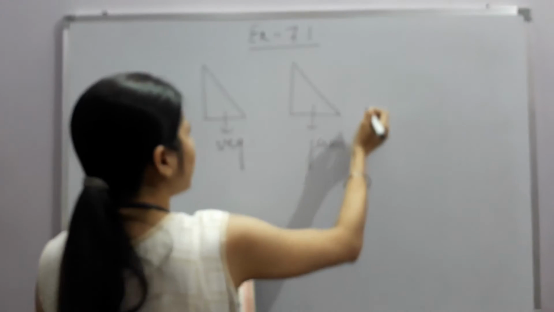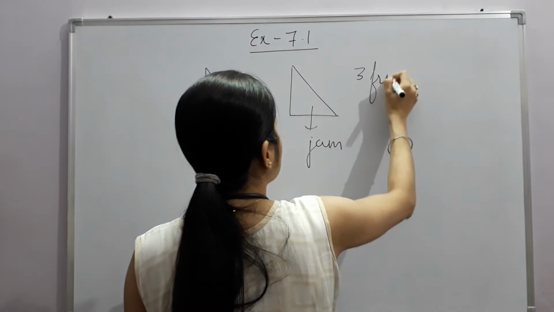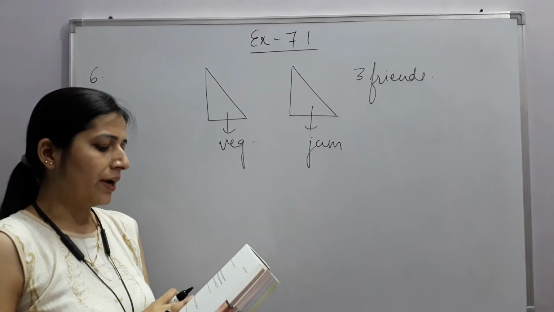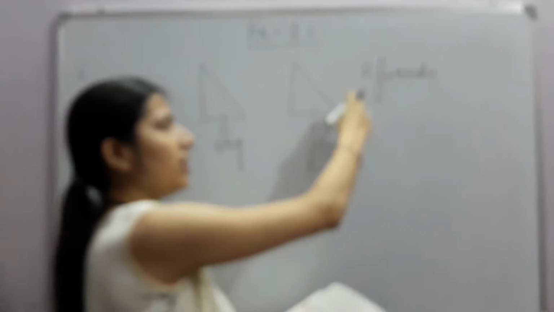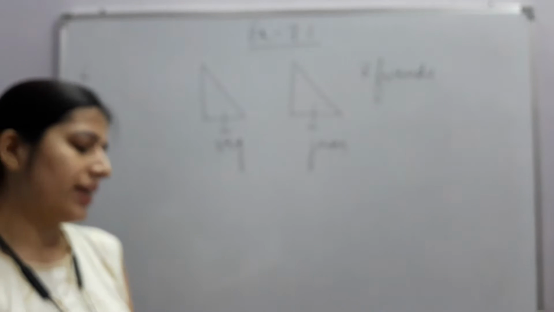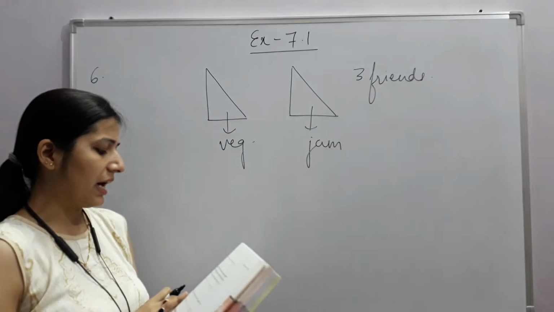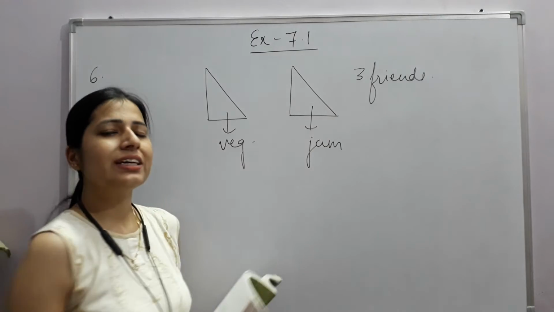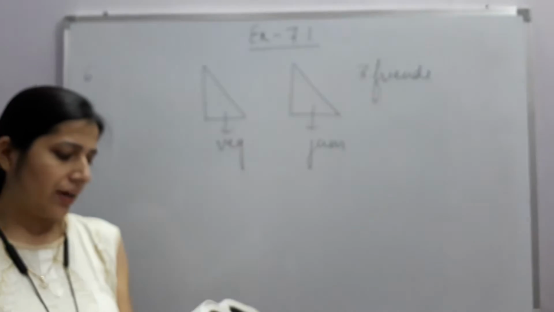And how many friends are there? 3 friends. This is question number 6. Then it says, the other 2 boys forgot to bring their lunch. There are 3 friends, only one has brought lunch, the rest 2 have forgotten to bring lunch, like your friends also do. Arya agreed to share the sandwiches so that each person will have an equal share of each sandwich. So the friend who brought lunch has decided that he will share both sandwiches with both his friends.